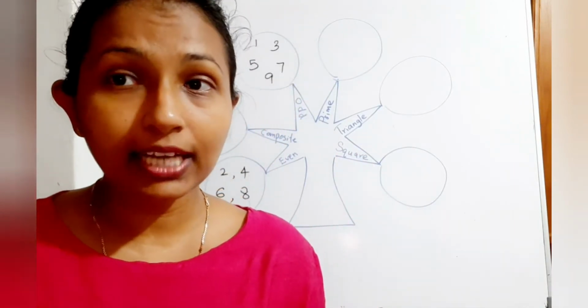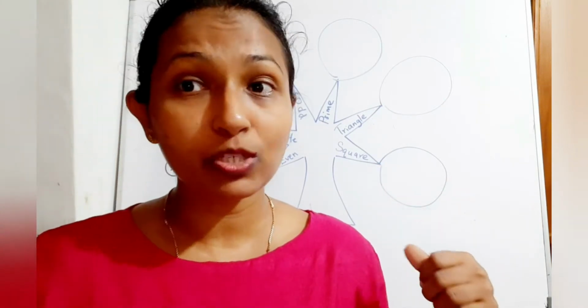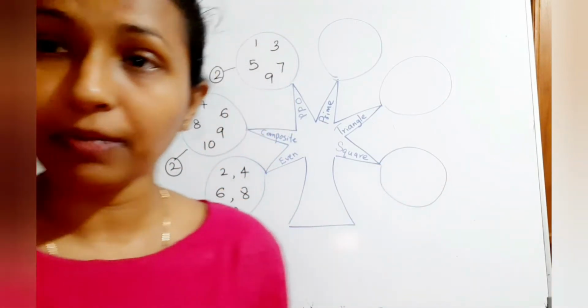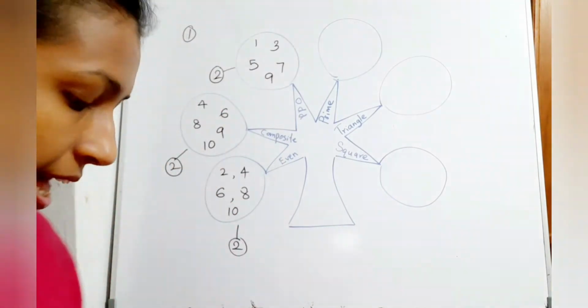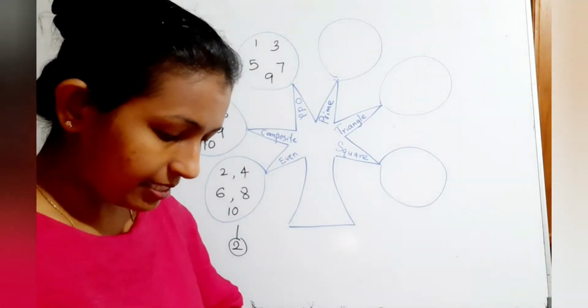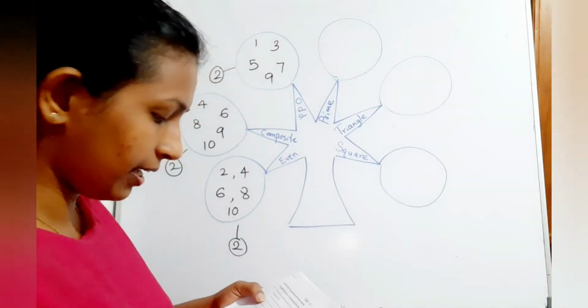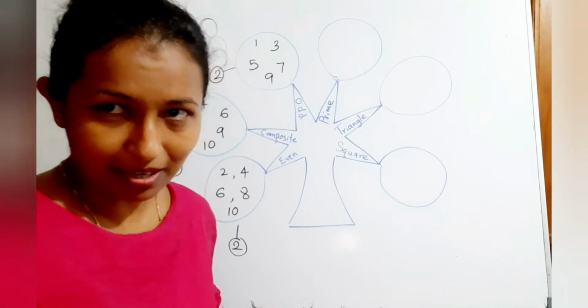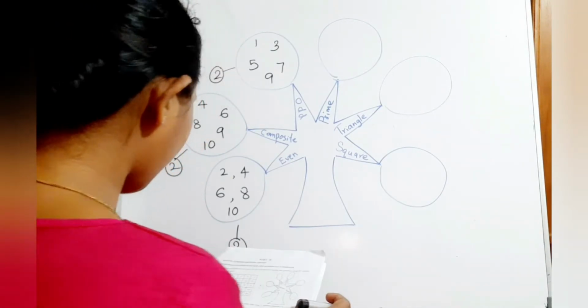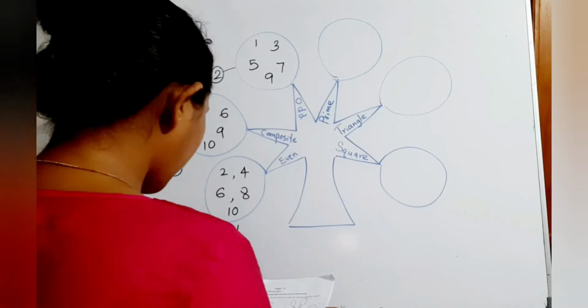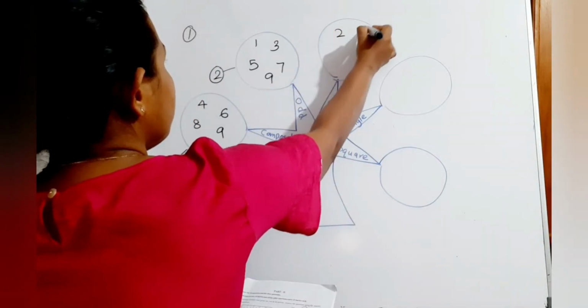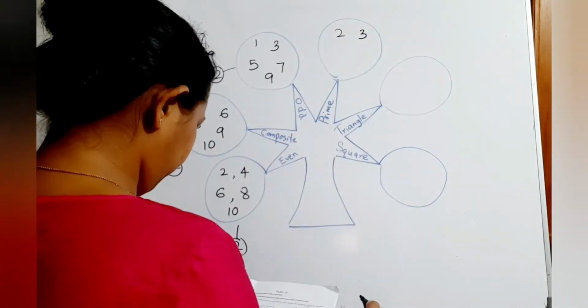If there are more than 2 factors, we call them composite numbers. Prime numbers means the numbers which have 2 distinct factors. Then what are the prime numbers here? 1 is not a prime number because it has only 1 factor. So you can write 2, 3,